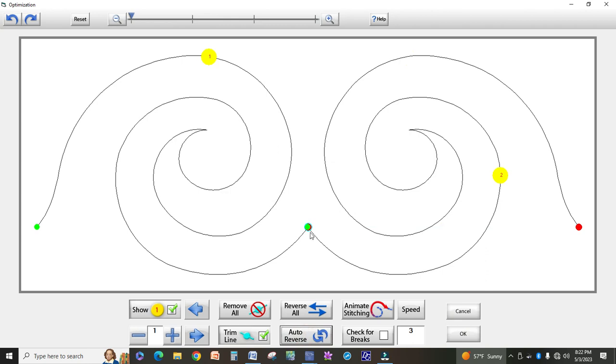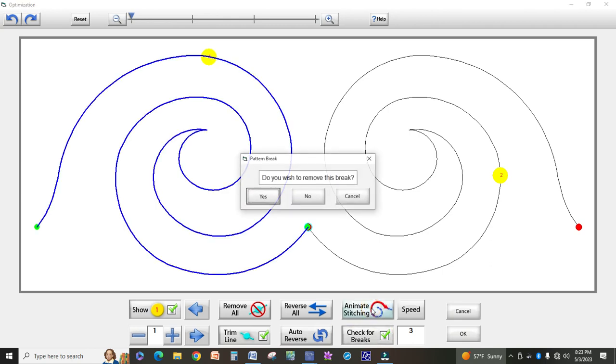And now you can see the green dot is where it's going to start. So it's going to stitch the first one and end, then it's going to start the second one and end over here. But you notice that it says 1 up here at the top and 2. So it thinks these are two separate designs, and you can merge those together by doing this. Come at the bottom and click Check for Breaks, do Animate Stitching, and when you get to this part which says you want to remove this break, you do. So click Yes,